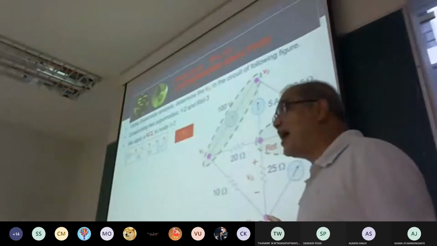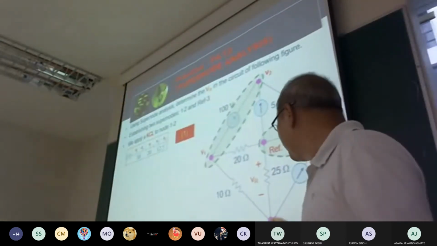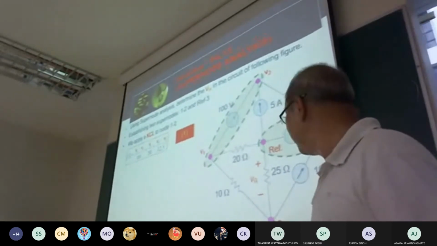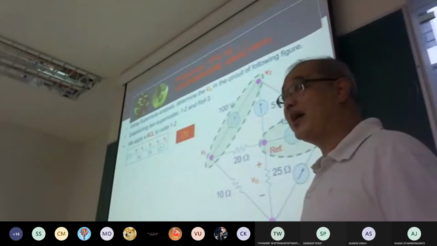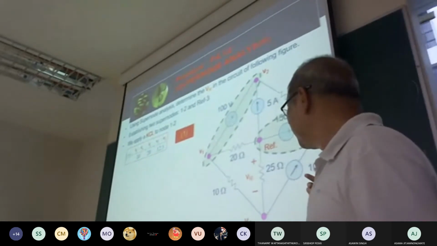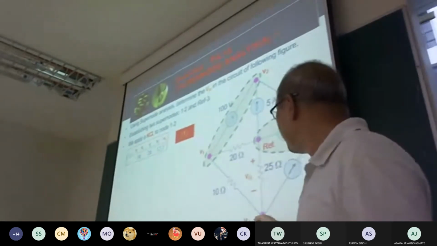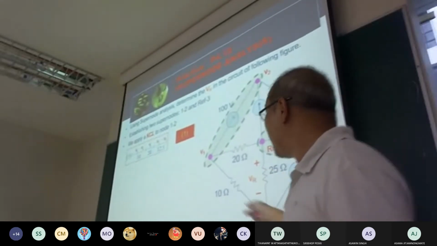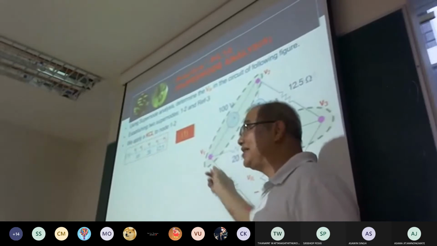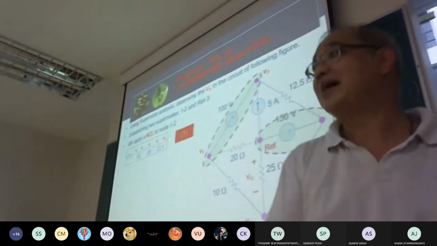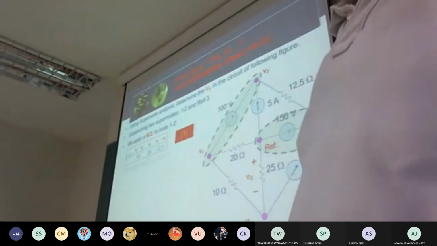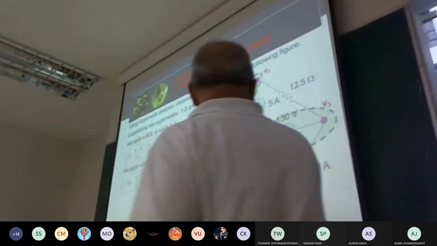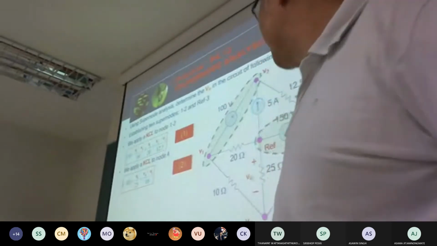Now the second equation, applied at the single node, right? How many branches connect to it? 3 branches, 1, 2, 3. How many are going in? 0. No, right? 3 are going out. Here equal to 10, equal to V4 minus 0 divided by 25, and V4 minus V1 divided by 10. We apply KCL to node 4. Okay, it's about here.